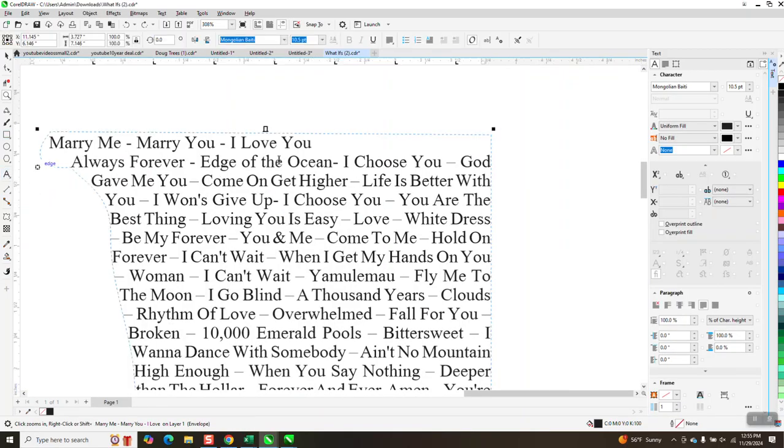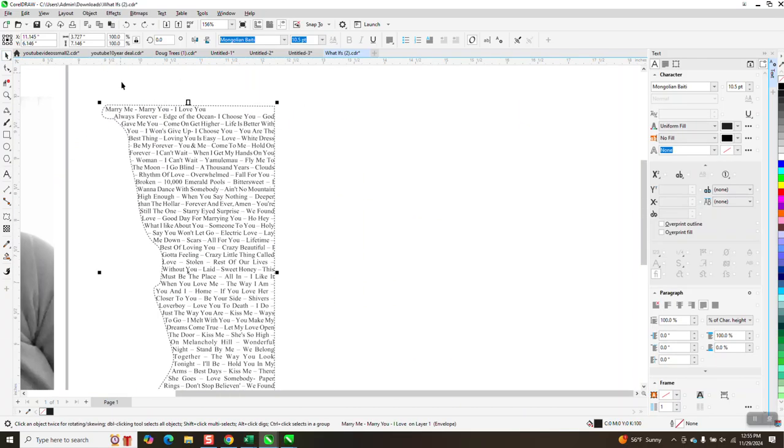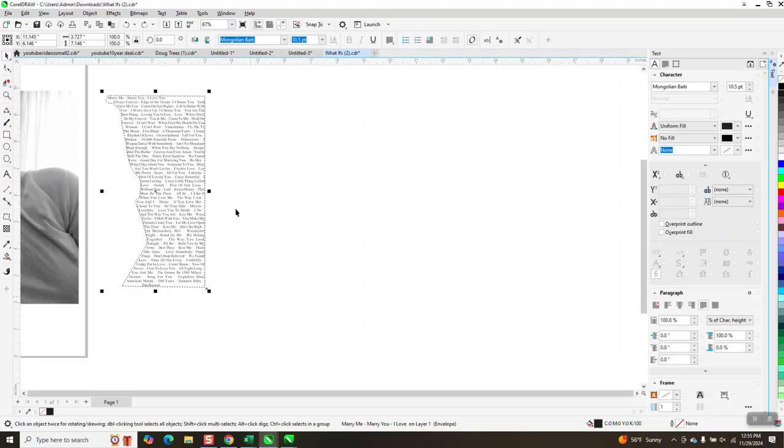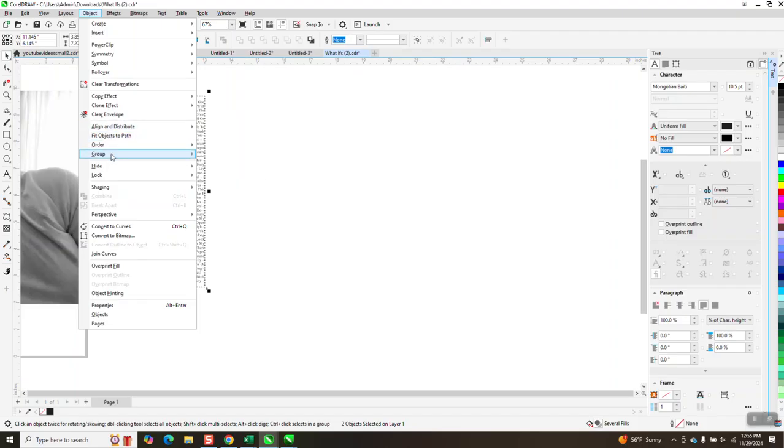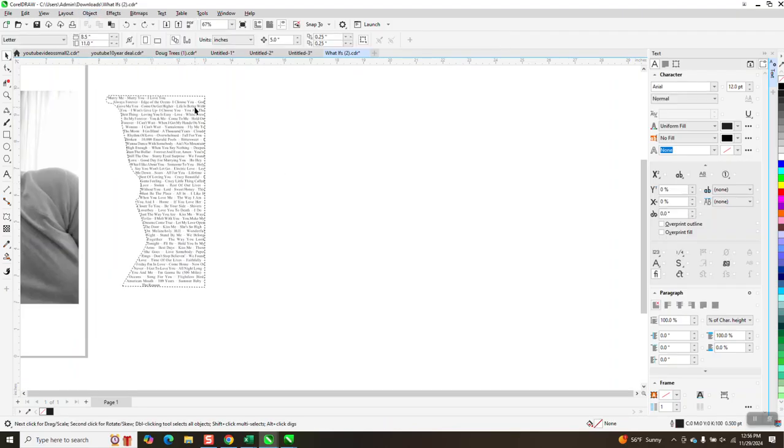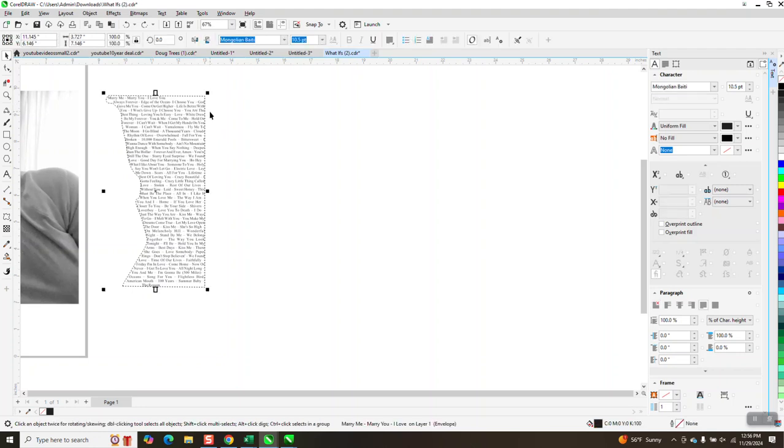You could always take your text tool. I just don't do enough of this. And you could maybe, if this was artistic text, you could maybe move that. Let me try selecting it again. Go up to object. Normally Control K would break it apart, but because it's in there, let's try Control K. But because it's in that path,